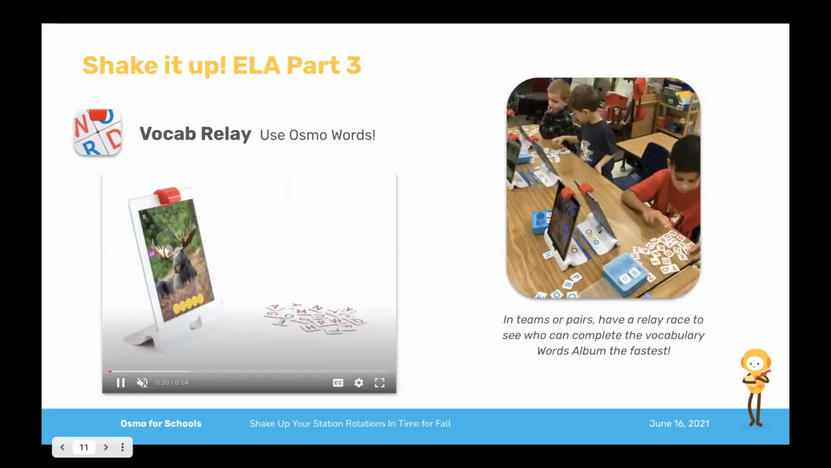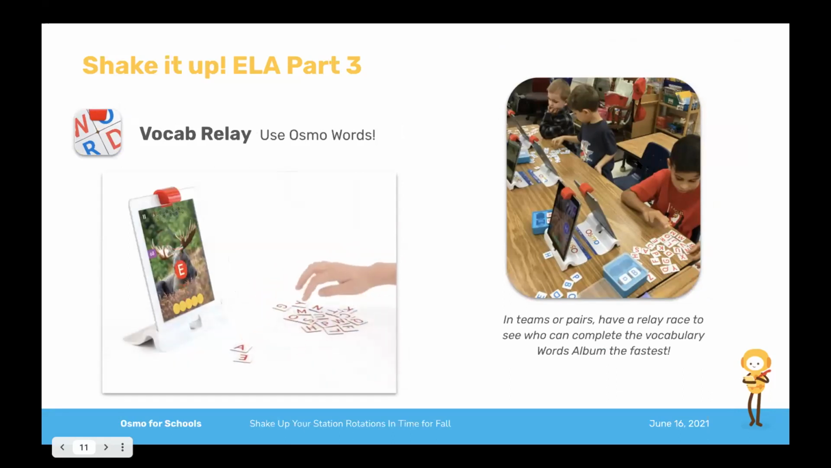And then this next one is my favorite. Okay, if you want to really shake things up, this is actually better if it's a whole class activity. So maybe it's not really station rotation, but you could still do it in a station. You split the kids up into teams, and you put up your vocabulary album, and I'll show you where you can learn how to make your own custom albums for words in a little bit. So put up your vocab list album,